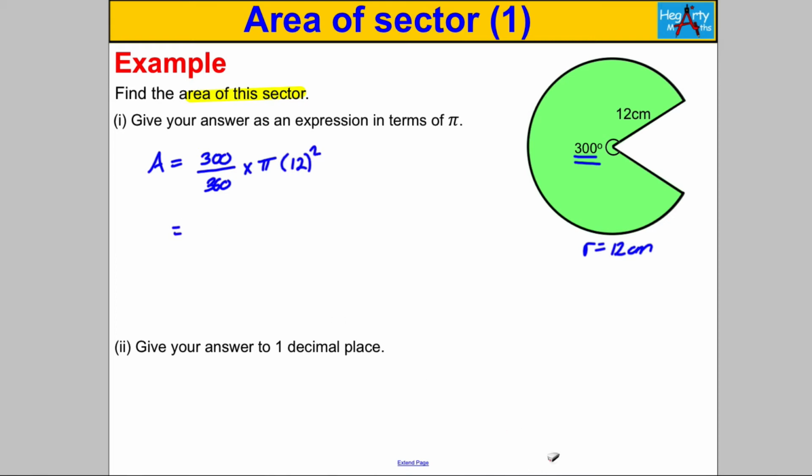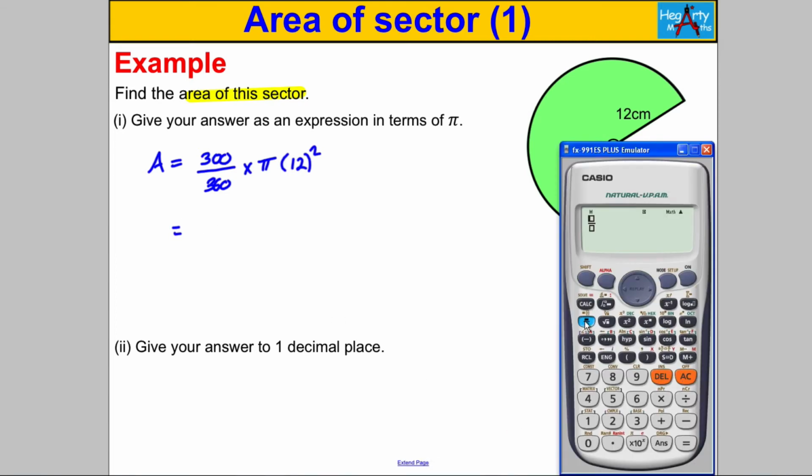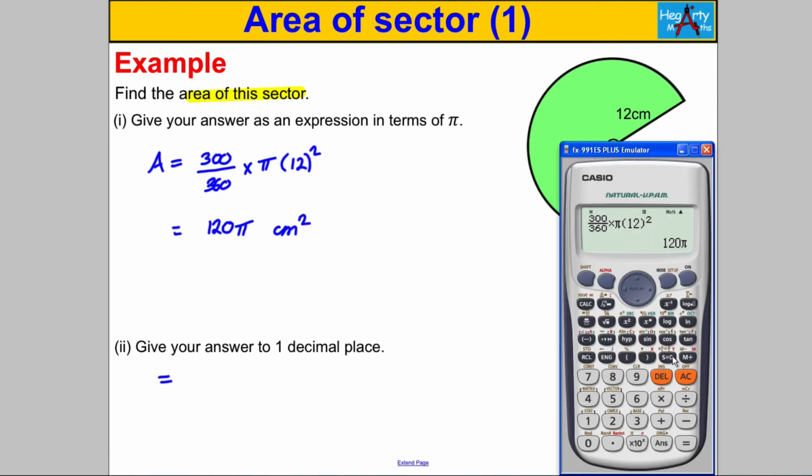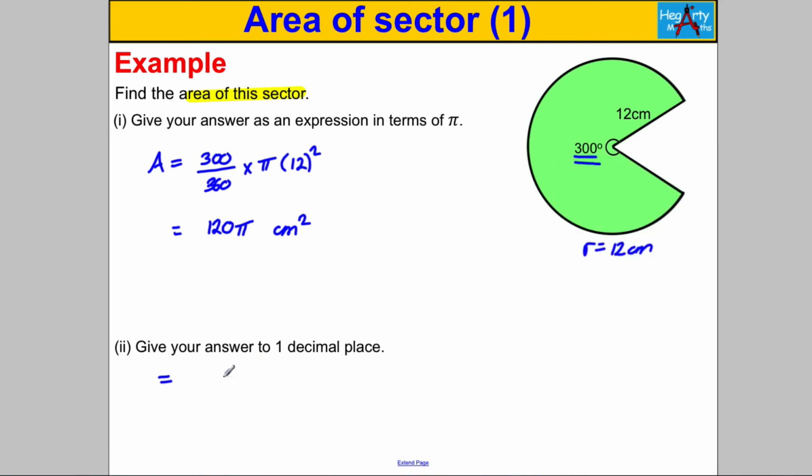So calculator out and type that in. And we get 120 pi when we do that. So 120 pi is our answer in terms of pi. The unit would be centimeters squared. If we want to give our answer to one decimal place, press SD and we get 376.99,